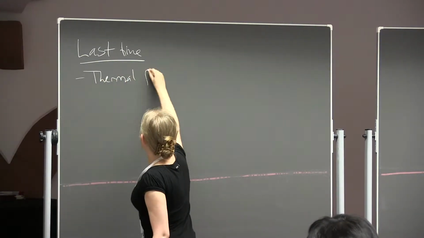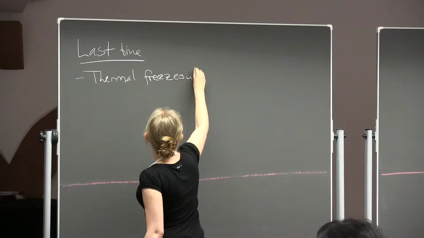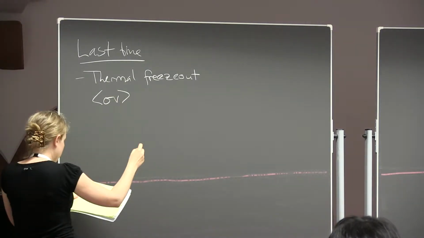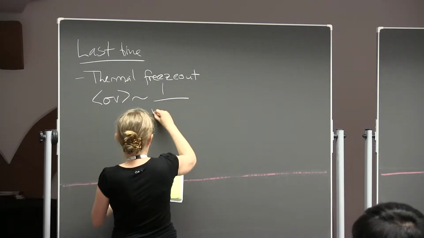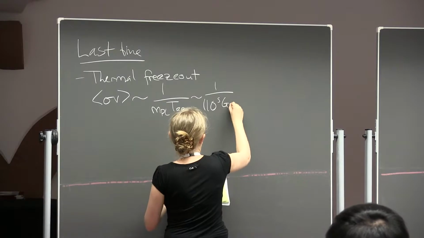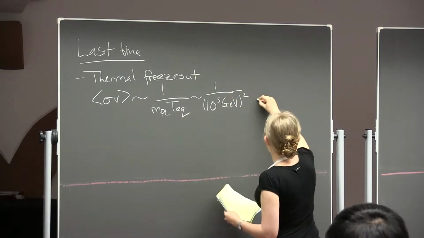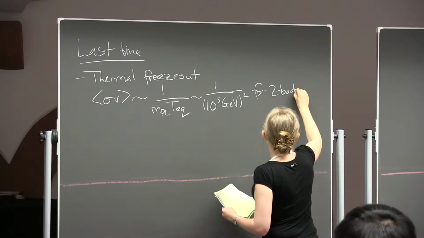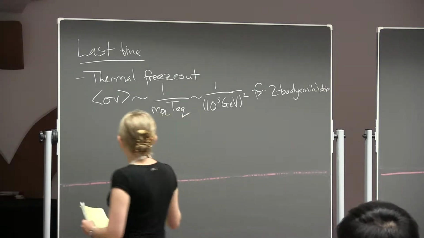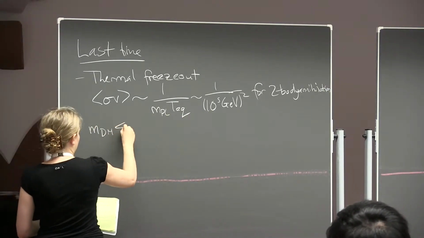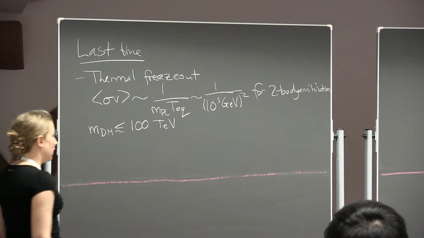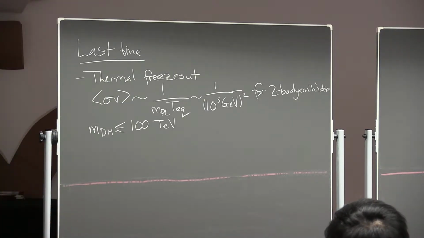in the thermal freeze-out scenario, we achieve the right relic density for a cross-section of order this for two-body annihilation. So this suggests that for thermal dark matter, we want to look at a mass scale below about 100 TeV. Now, last time I also wrote down expressions for general N for if you have three-body and